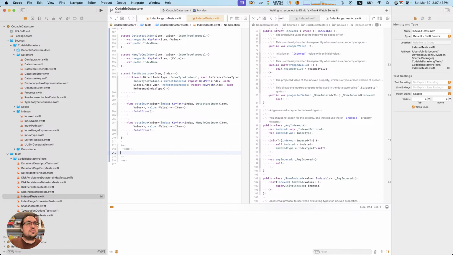Okay. We need to update the data store access methods. We need to add new index types.